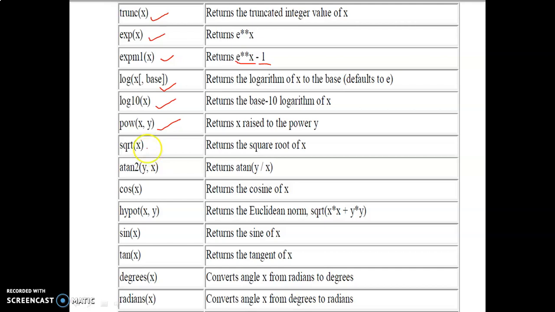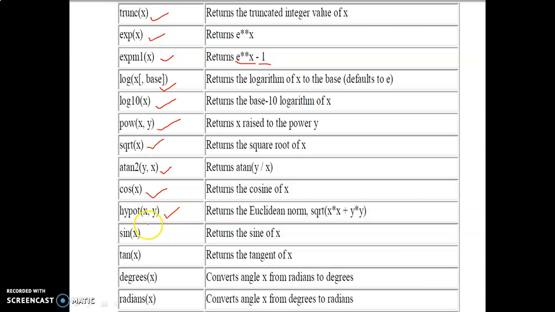Next, sqrt of x returns the square root value of x. atan2 of y comma x returns the atan value of y by x. Next, the trigonometric functions such as cosine of x, and hypot, that is the Euclidean norm, the square root of x square plus y square.